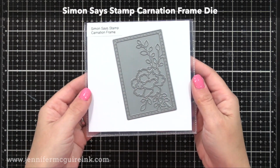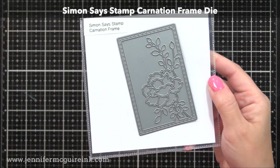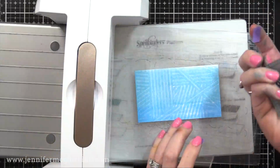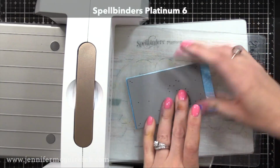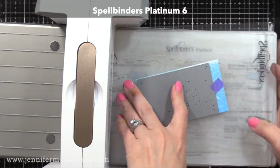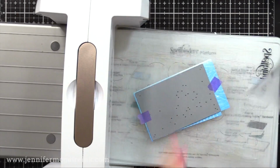This time I used the Simon Says Stamp Carnation frame die. I've used lots of different dies like this in the past. I really like them. I think it gives a nice clean look on a card, and it's a quick way to make a simple design. So I'm using that die and I'm cutting it directly from our watercolor wash resist piece using my die cutting